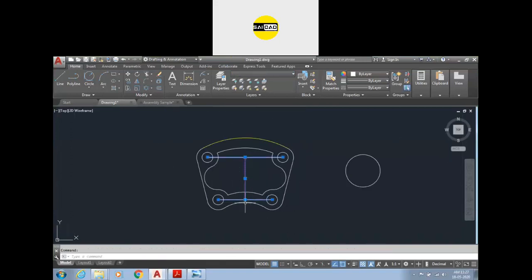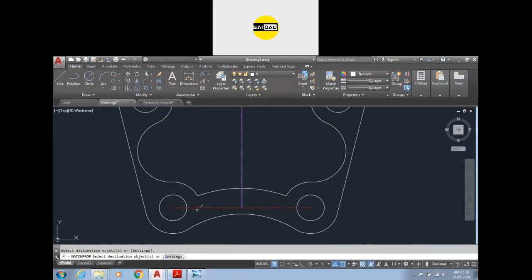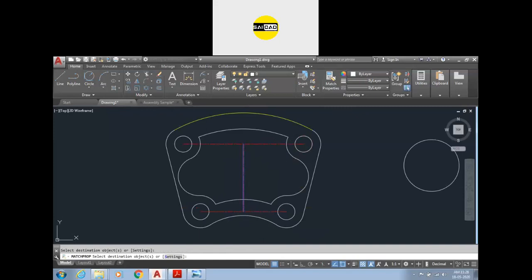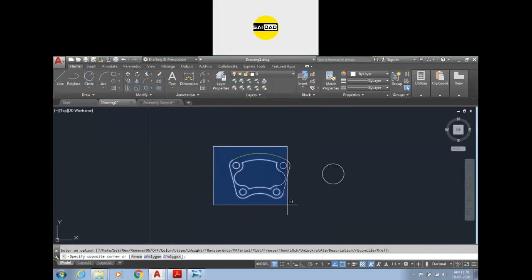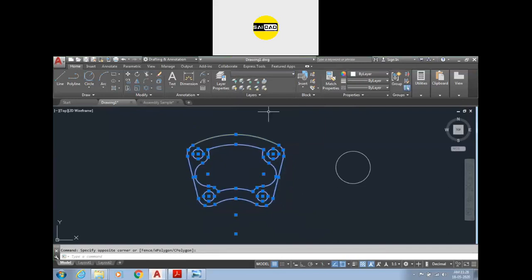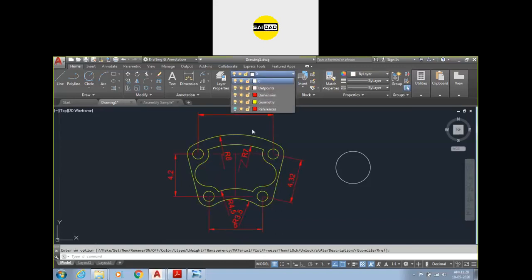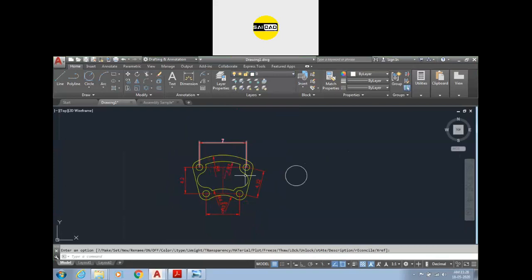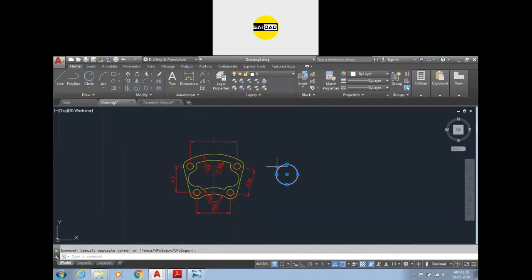So I can now select these objects and define them as reference type, or I can just go to match properties, select the source and select the destination. Now you can see the scale will also be applied, all the properties will be applied to both objects. Now go to the reference layer and turn off the reference also. Now you can select them there. Then go to the geometry layer and the whole object will be converted to geometry. Now turn on both the layers, and you can see the layers are applied on that file.